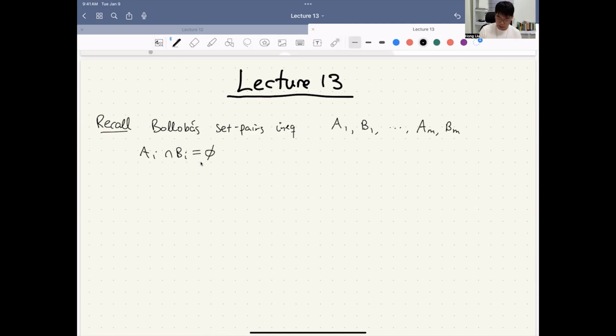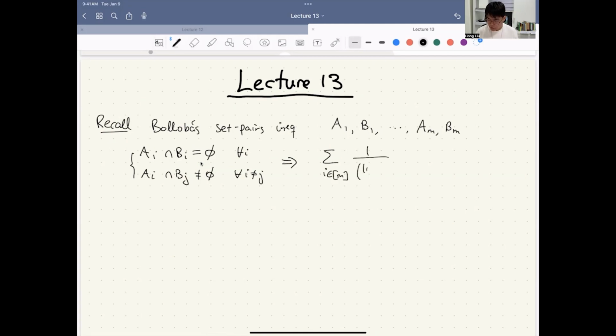So the same index ones are disjoint, but for different indices, they are intersecting, for any i not equal to j. And if this is the case, we have this inequality that when you sum over everything, i in M,